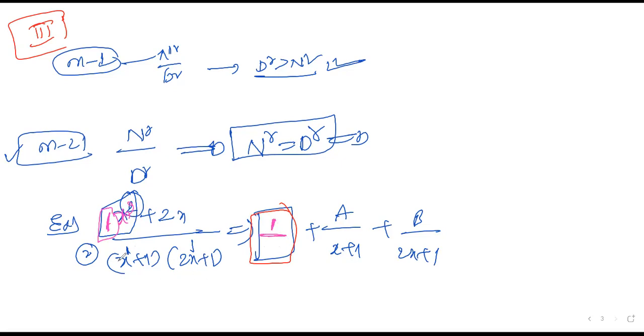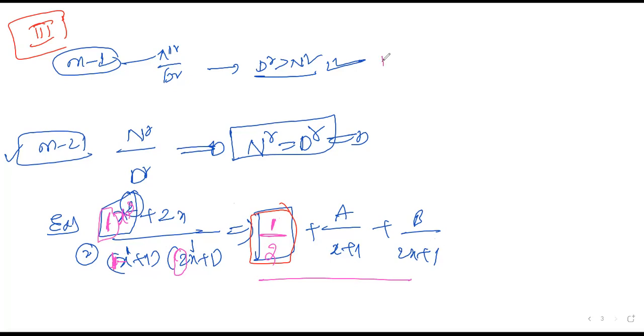What's the coefficient of the denominator? The coefficient here is 1, and here it is 2. Multiplying both, 1 into 2, you get 2. Or else you can understand x into 2x gives 2x square, so 2 will come as the coefficient of the denominator. That is how we can do it. If you are uncomfortable multiplying many numbers, sometimes you can multiply just their coefficients. It's very easy: 1 into 2 is 2, 2 into some other one. You can multiply the terms to get the constant value for a particular variable. So this is the way you can do these questions.